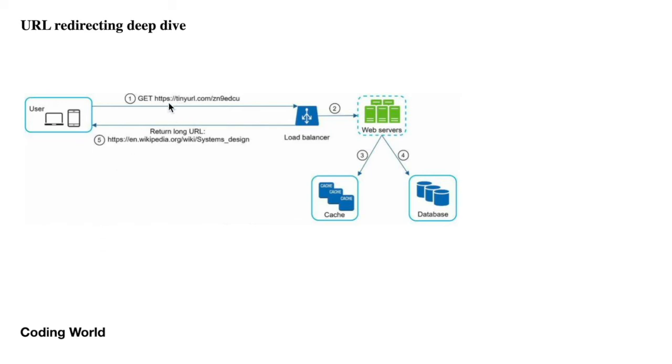So when we hit the tiny URL, it will go to the load balancer. The load balancer will pass that to your web servers. And from the web server, to make the DB call less time consuming, we have introduced a cache. If we find that value in the cache, we will return the long URL for that tiny URL. If not found, we will do the DB query and return it to the user. And while returning, we will redirect to that long URL with a 301 HTTP redirect.